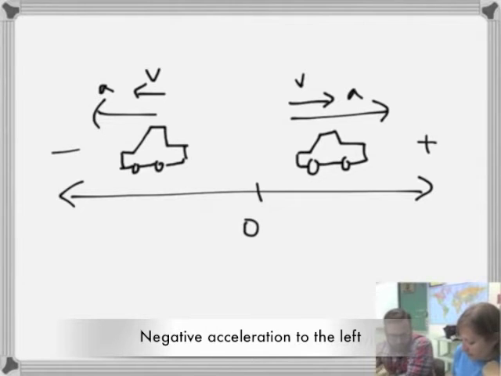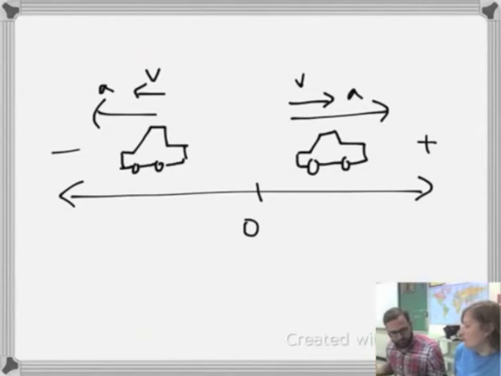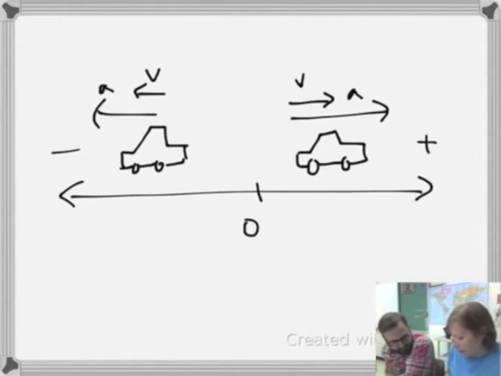So why aren't both of these positive then? Because we just label one direction positive and one negative. It's directional. So this car here is going east and this one's going west. Since they're going in opposite directions, one's positive and one's negative. We just kind of decide. Usually positive goes on the right just because that's how everybody does it.